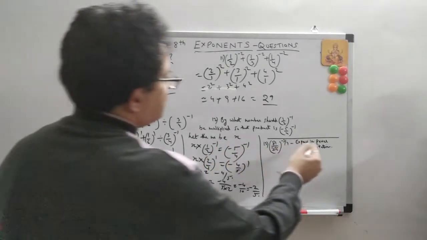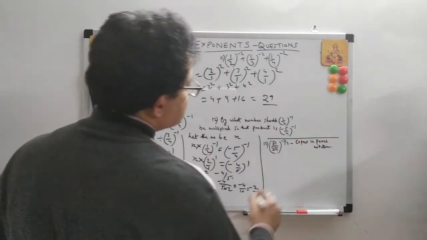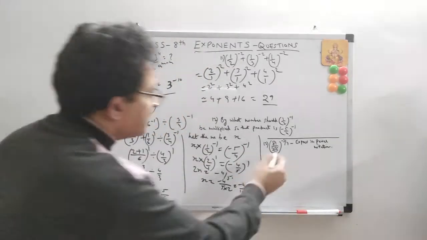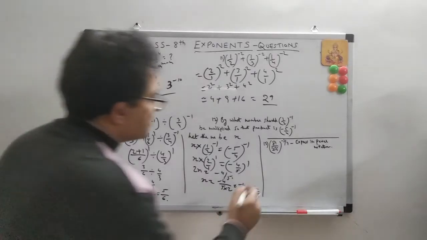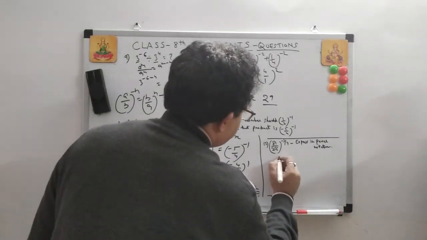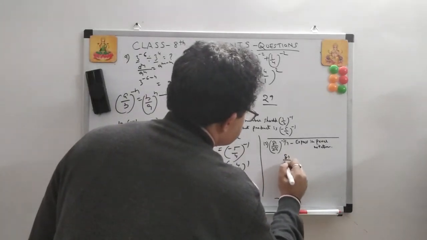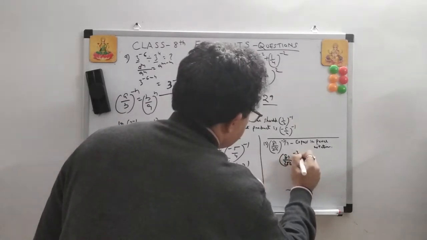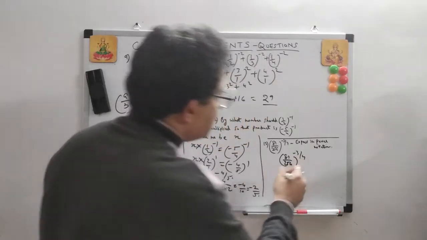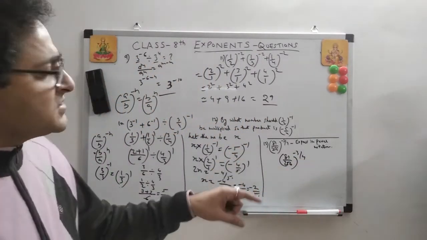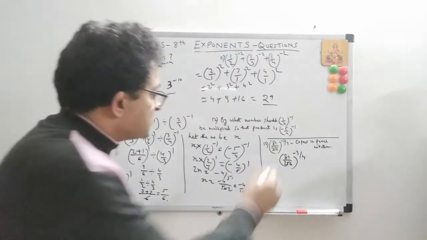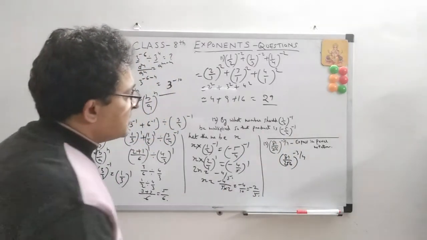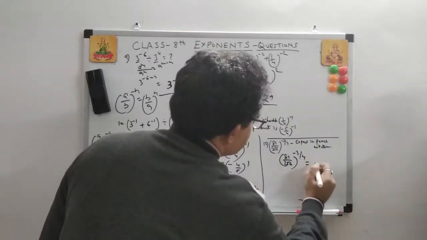Now express this in power notation. Power notation means you don't have to simplify, you have to leave power like in this notation only. So let's do the question. 81 by 256 to the power minus 3 by 4. See, in exponents you will always be given questions wherein some kind of a link will always come. So why you have been given minus 3 by 4? Because there has to be some relation to solve this. See, let's do this. This is 3 to the power 4.